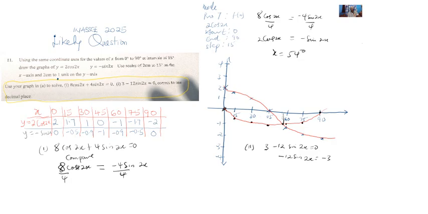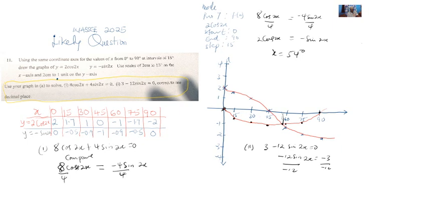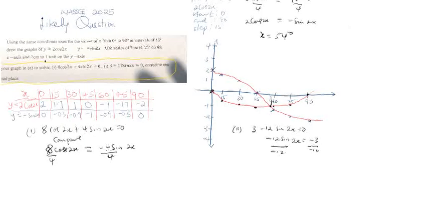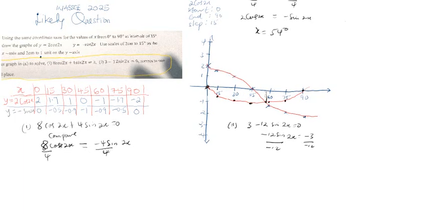So let's divide both sides by negative 12. So we are going to get this value. So we're having here. So let's